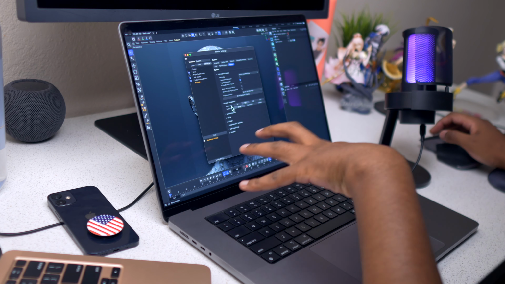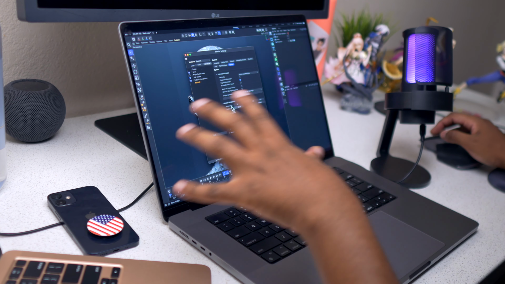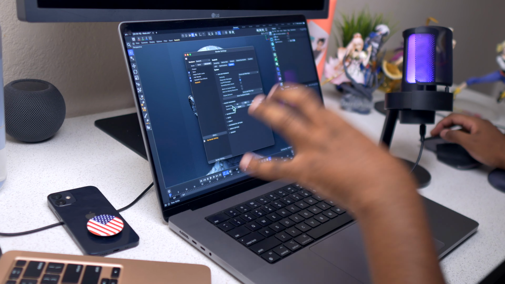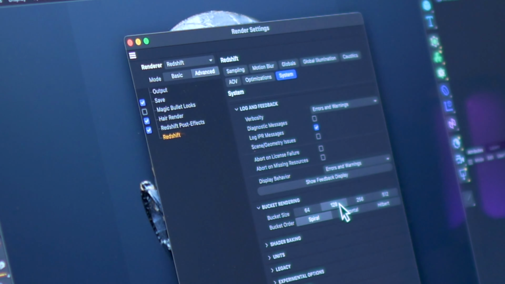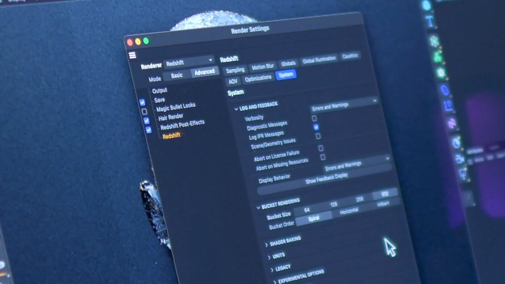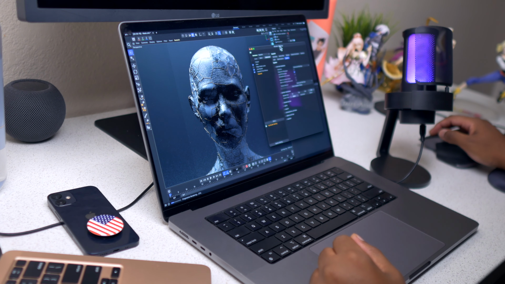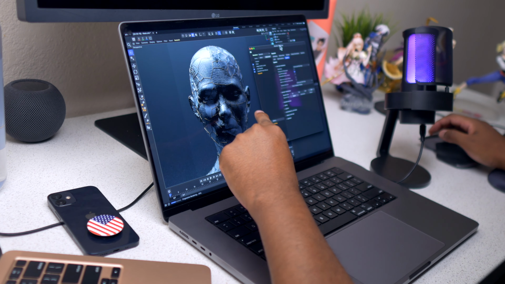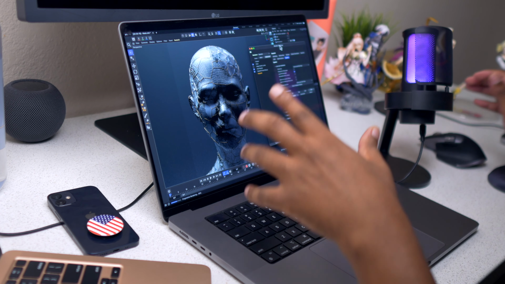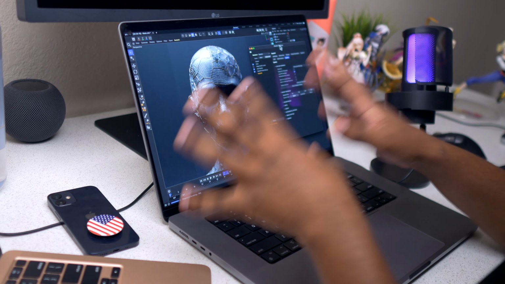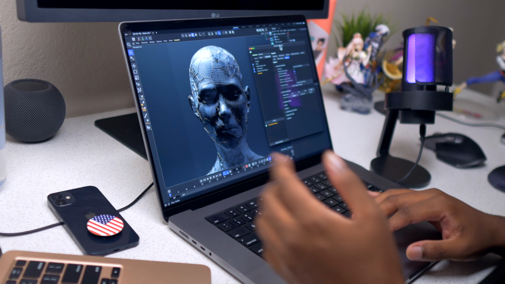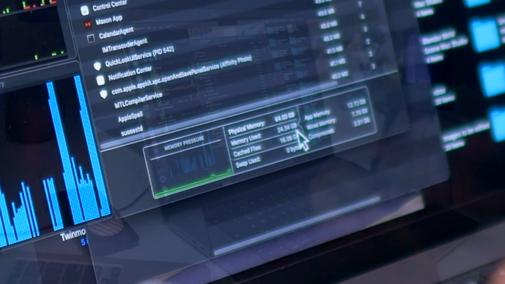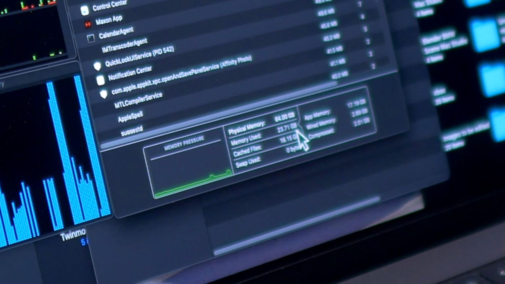When you first open Cinema 4D, it will give you a big warning that you have a lot of virtual RAM to work with, and they recommend that you increase the bucket size. In order to do that, the bucket size right now is at 128, go ahead and put it at the maximum, which is 512. Now if you noticed, with the 512 it did render faster, and the reason for that is because it will be using the full power of the GPU that is available for you, and it will use as much RAM as it can have. If we go to the RAM right here, right now it's using 24GB of RAM,